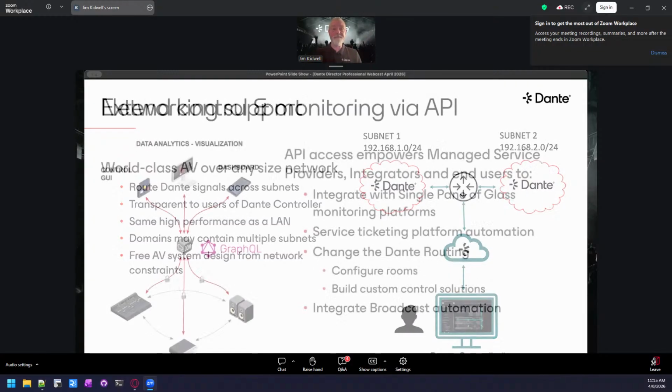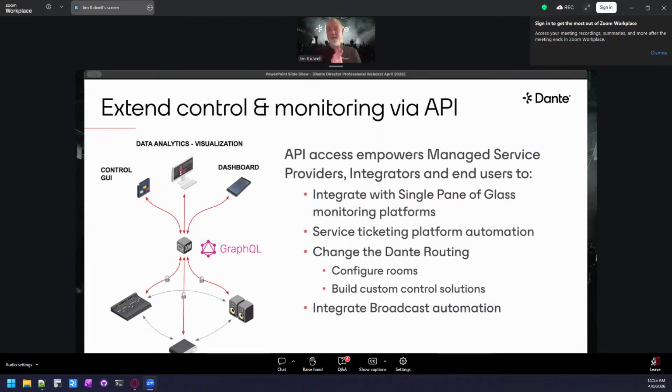So something to consider. One of the great benefits, especially with going with Dante Director and Dante Domain Manager, is it does allow you to have API access to the actual software itself. So if you want to do any type of integration with other pieces of management and support software, this gives you the option to pull data from the actual server itself to say, hey, what's going on with my server? Set up ticketing platforms, change Dante routing, so you can build custom interfaces using the API to enable pretty much anything. We've built some small integrations already.